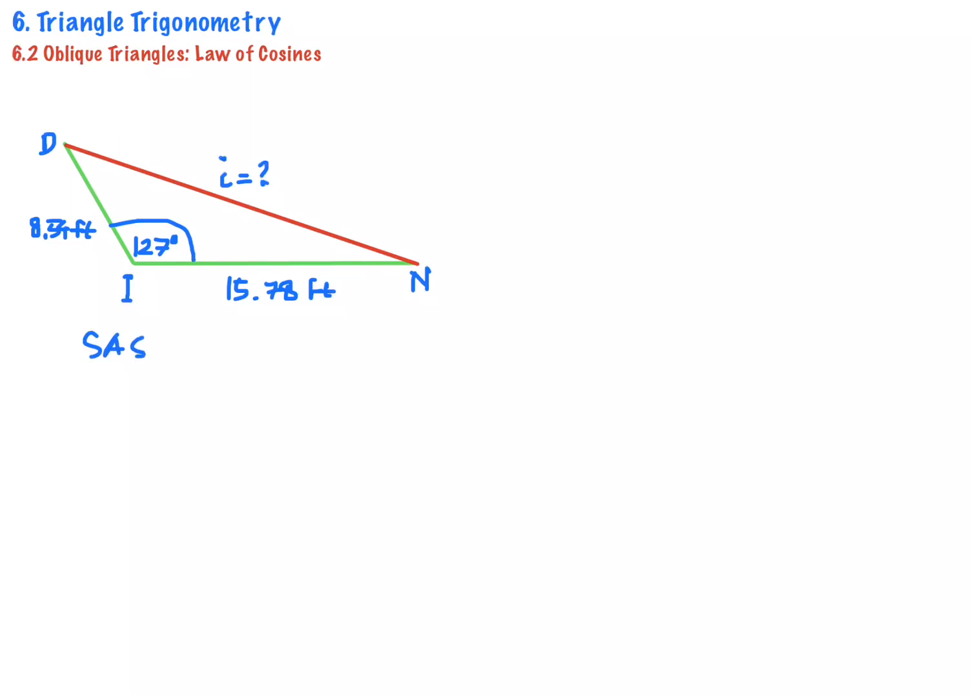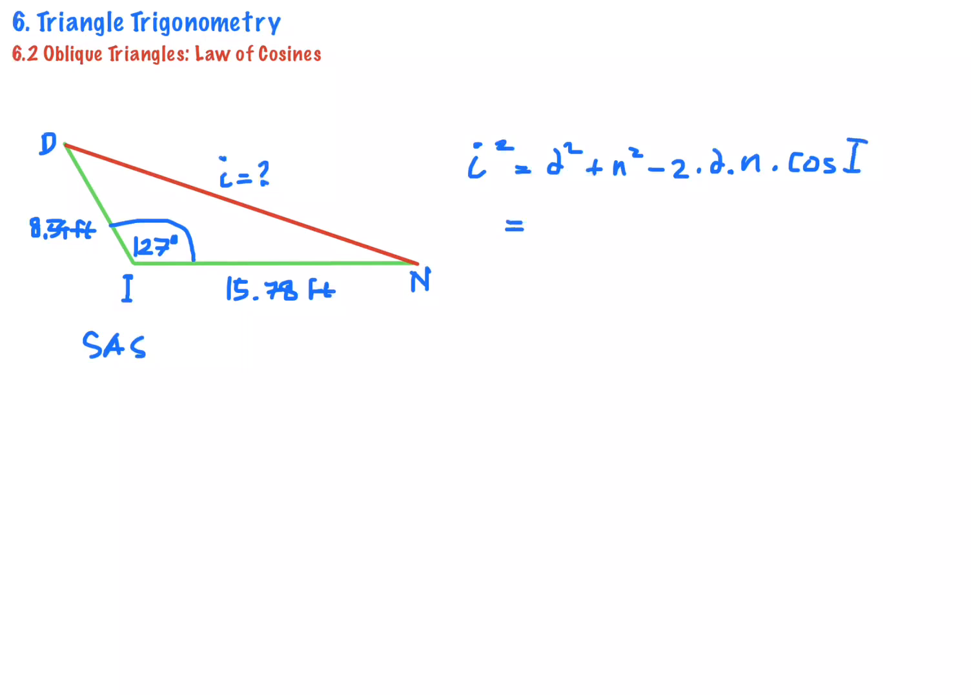Okay, so then we can apply the law of cosines, and let's put it again, but let's change the symbol. So we are going to find I square equal to D square plus N square and then minus 2 times d times n times cos of I,